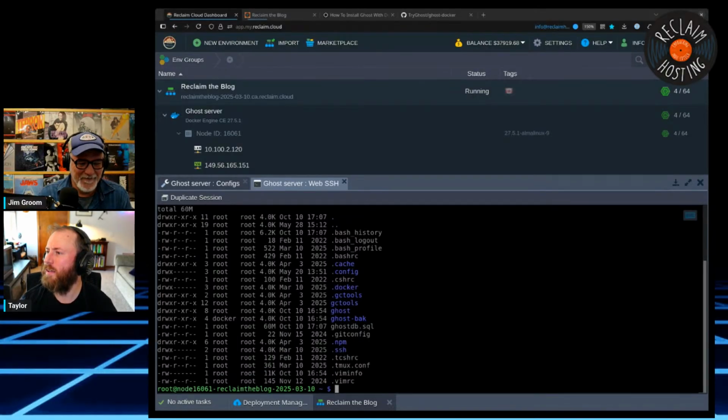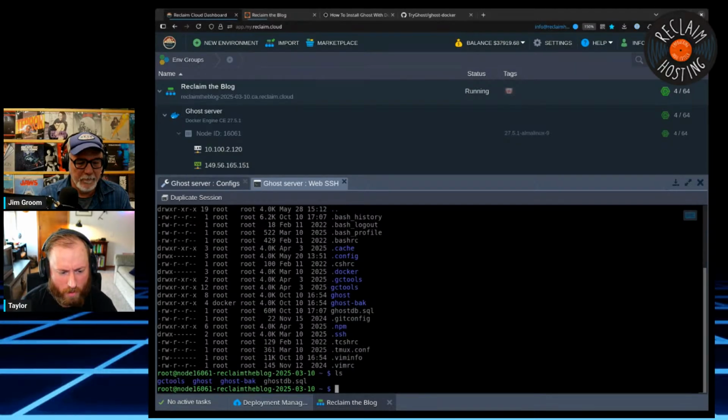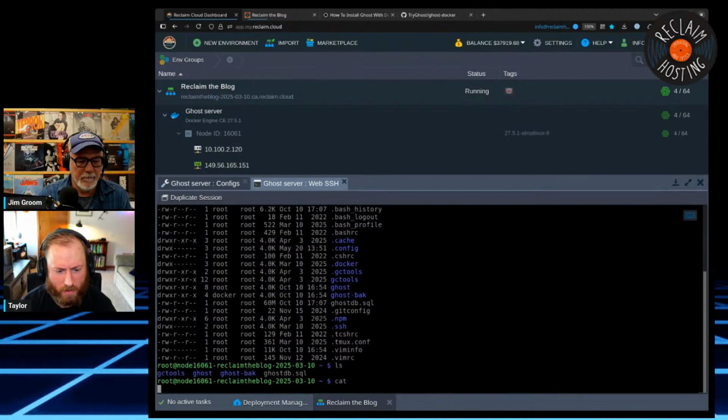Copy. Okay. So copy database. That's interesting. I'm looking at my notes from before, and I'm not really sure why. I'm going to cat this really quick. I suppose this is giant.